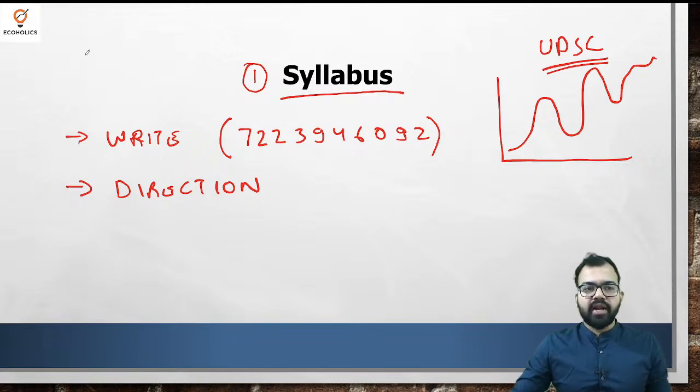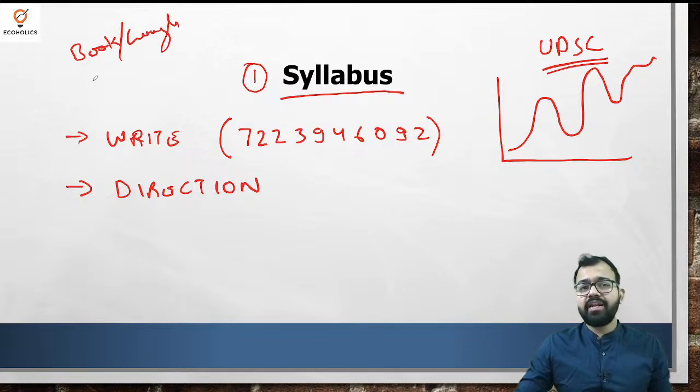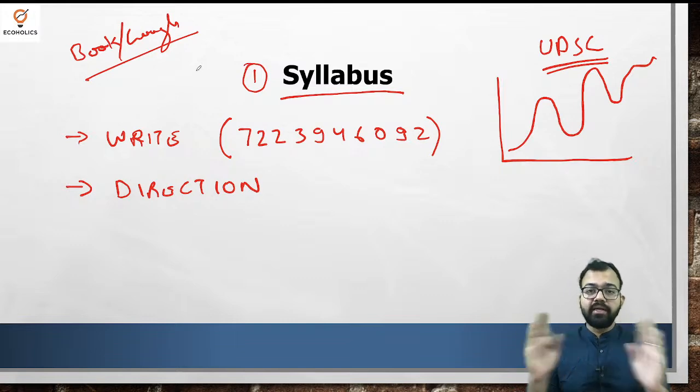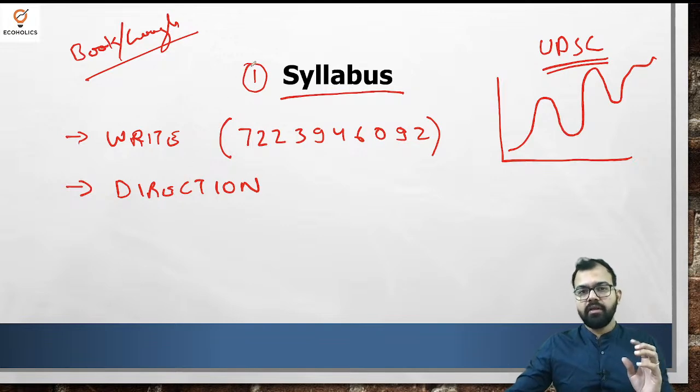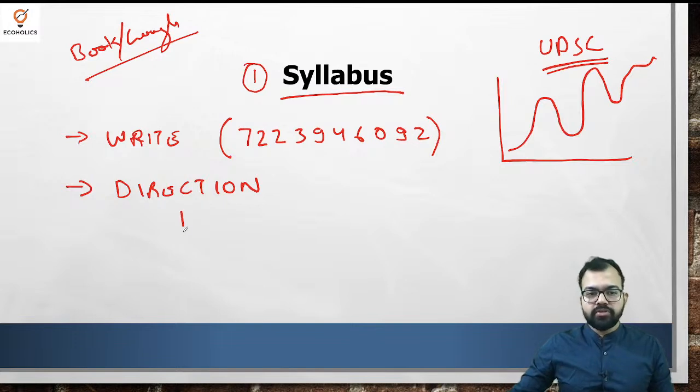Why? Because right now you have all the books, you have Google, or what I can say, the internet. You have n number of sources. It means the supply of content is abundant. There's too much content available everywhere. So what is important right now is what not to read. This direction you will get when you know what not to read, okay.